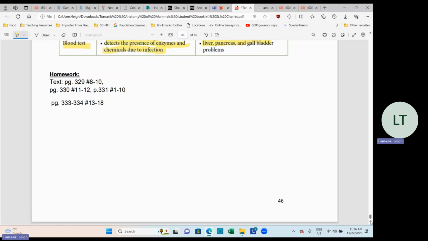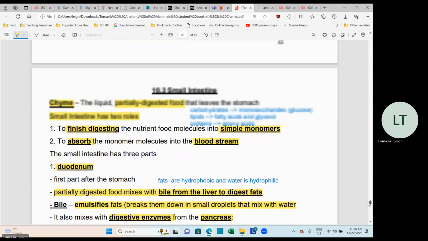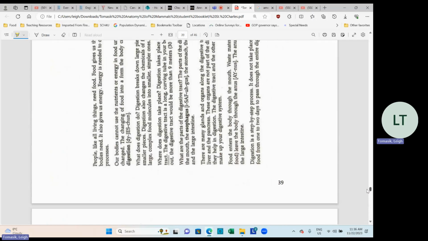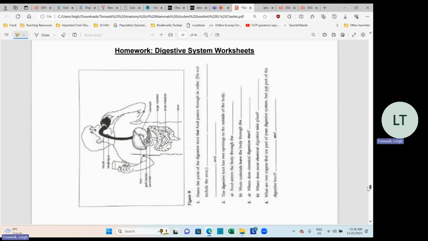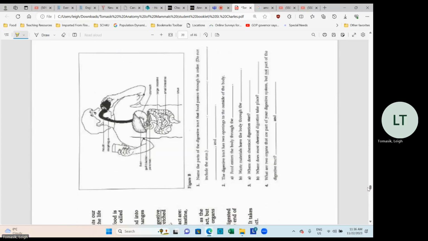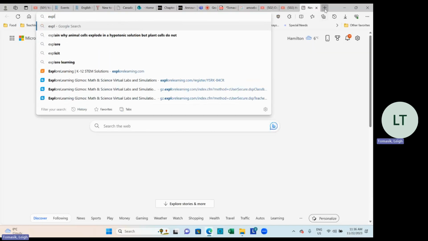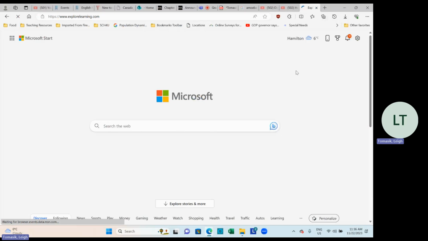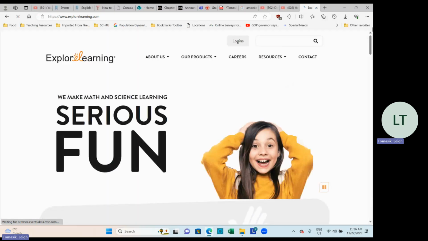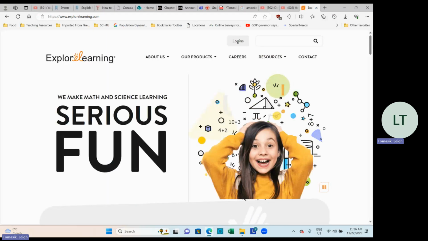Okay, so that's it for the entire unit. For homework, okay, we have some digestive system worksheets that can help you learn some of this material. And then there's a digestive system quiz to take. What might make the quiz a little bit easier? I used to make this an assignment for people, but what might make the test easier is if you